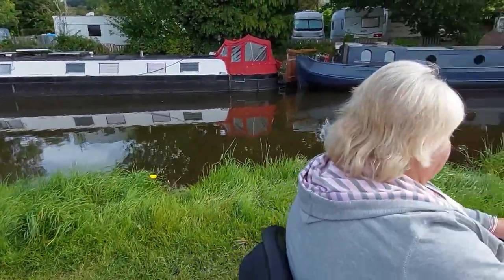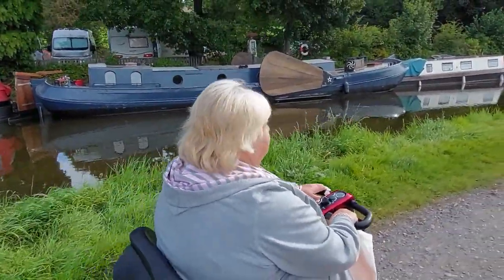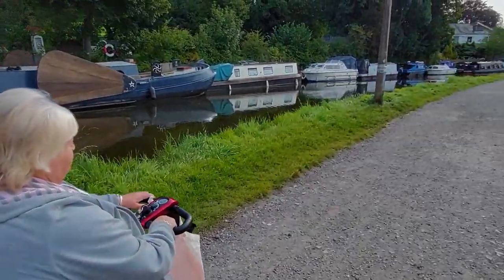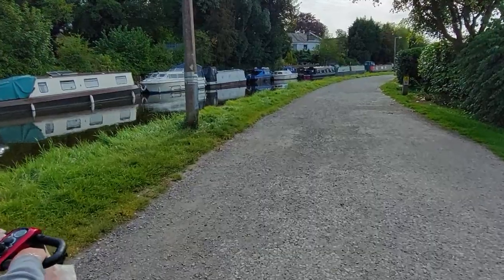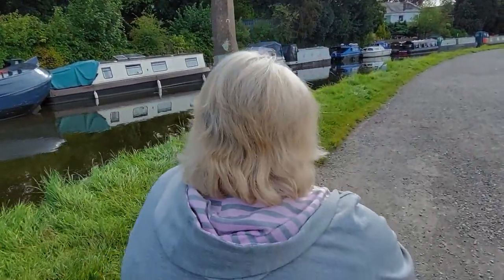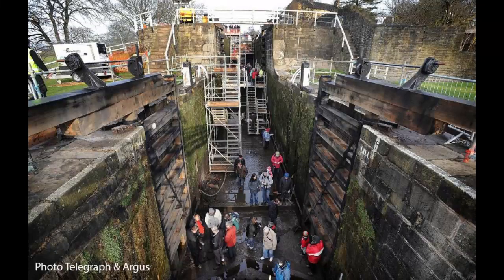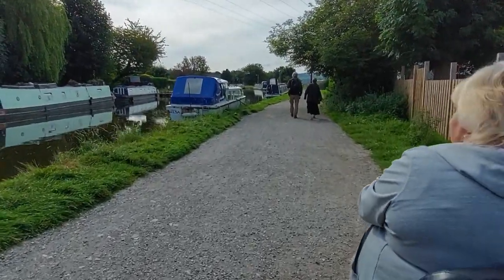and not too long ago there's been quite a lot of restoration done on the locks, various repairs, and at one point the locks were drained so that the public could actually walk through them and have a look inside the actual locks themselves. And the only problem going along on this pathway is that it can be very, very rough,